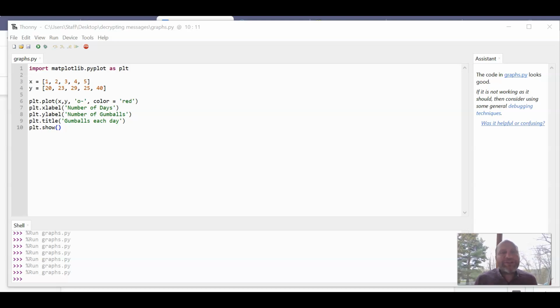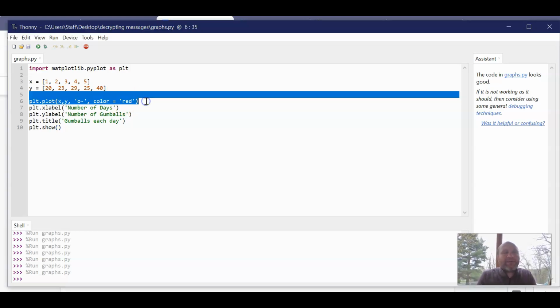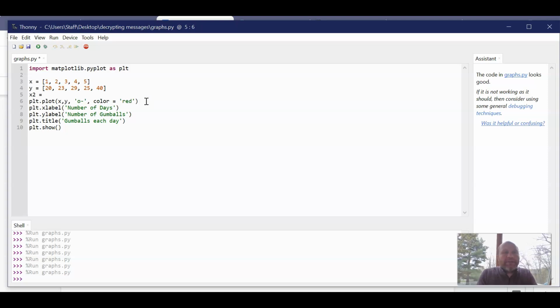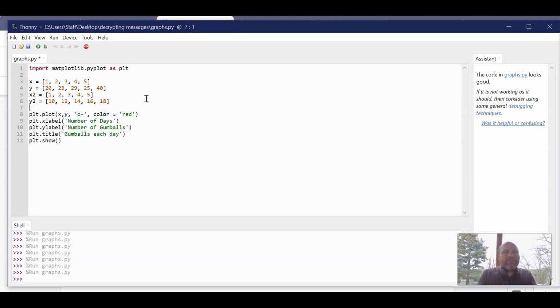Hello, now I want to show you how to make two graphs or two different plots on the same graph. So let's have x, y, and then we have x2, and then we're just going to put some x2. Let's put the same values, and then we can do y2. Let's do 10, 12, 14, 16, and 18. And we'll do